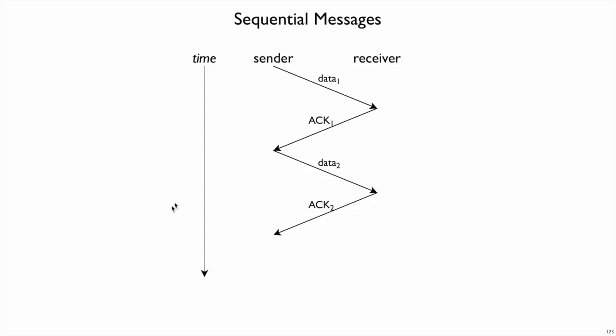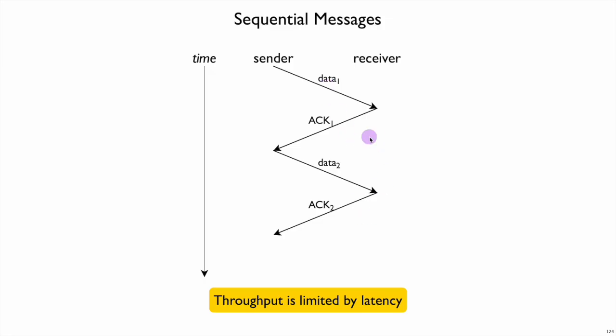This process that we've described for a sender sending packets one at a time, making sure it gets acknowledgement back from the receiver and retrying it, is very careful and simple in that way, but it turns out it's also slow. The problem is, if we have a lot of data to send, we are waiting after each piece of data to get that acknowledged before we send any more. And that means that our overall throughput, because we're waiting for everything to be done with the first piece of data before the second, is going to be limited by latency. That is how long it takes to do this full round trip.